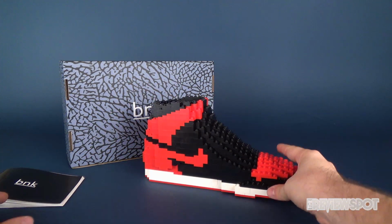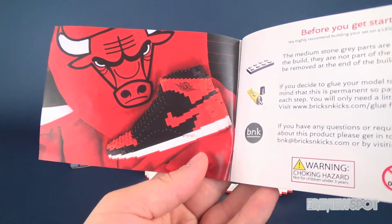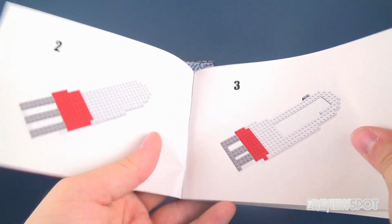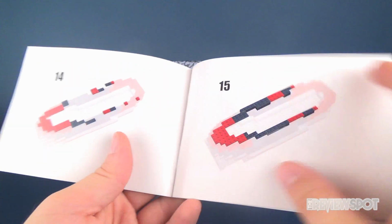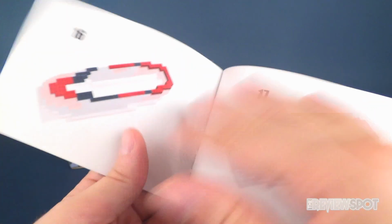Before we look a little bit closer at the Air Jordan, I just want to show you the instruction guide here. I have to admit that there was a little bit, there's the interior, there was a little bit of struggle when it came to building this. One thing that I would mention is that, finding a good page here, this one's a little easier because you can still make out the colors, but when you get to,